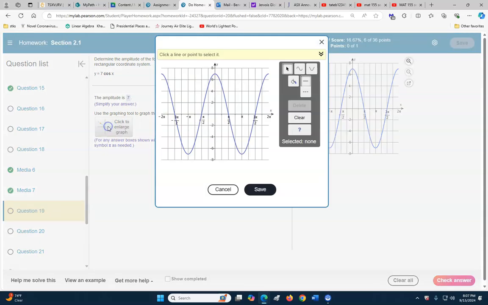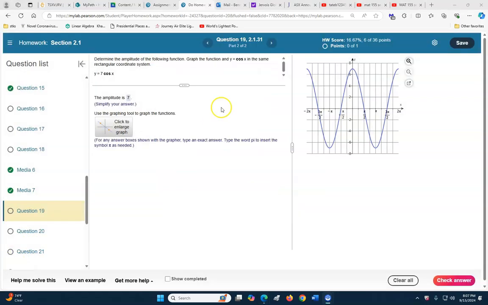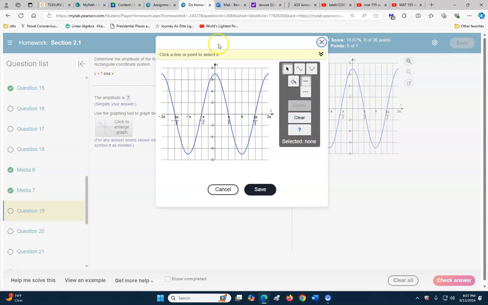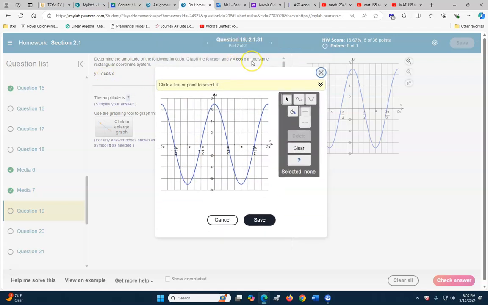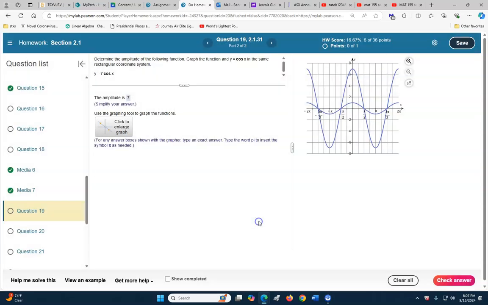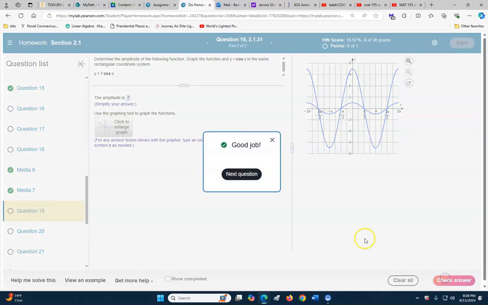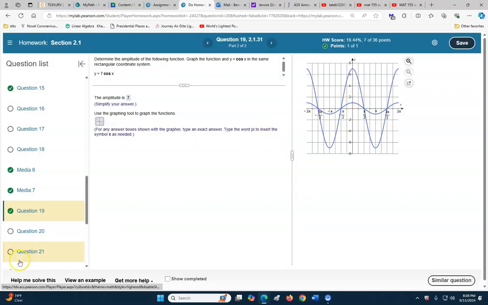Okay, where did I go wrong? Looks like they want 2 graphs on this one. I haven't graphed it. I just graphed that. They also want to graph y equals cosine of x. So I just need to click on the cosine graph and just click here. Click save. So I need 2 graphs: y equals cosine x, and y equals 7 cosine x. And I check, and I get it right that time. I just had 1 graph there. Hope this